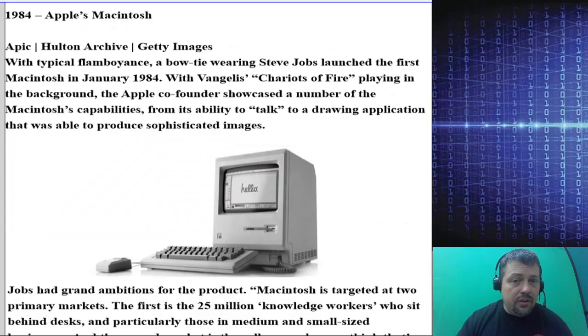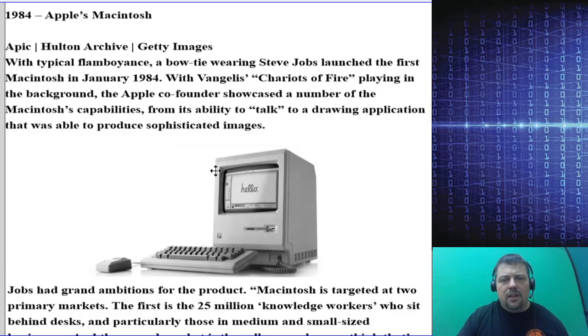Now, modern computers. In the 80s, Apple, as I said, sort of controlled the market in the very early 80s and late 70s with the Apple IIe. I don't know if you guys are my age, but you probably remember seeing those in school. But in the mid 80s, Apple came out with the Macintosh, which was kind of a huge flop, and it allowed the IBM PC to take over the personal computer market.